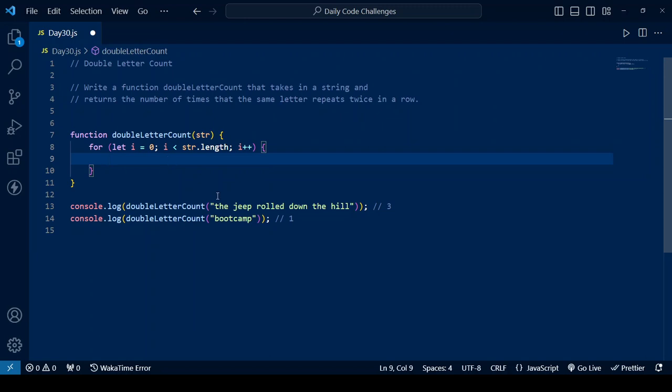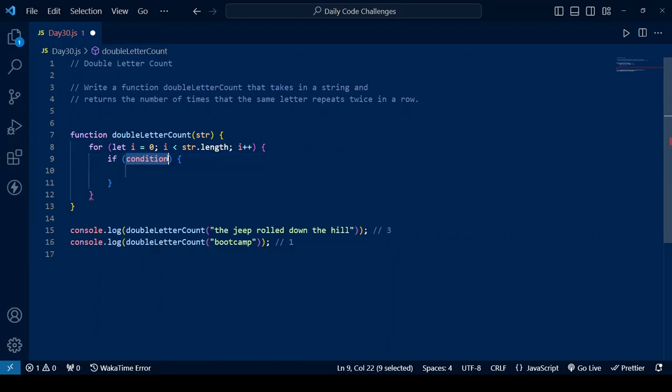Okay, to get this done, we want to check if this character here is equal to the next one. Because here we can see that the character here is the same as the next one. But that does not occur in every aspect of the string. There are cases in this string whereby we have such occurrence. So we use a conditional statement to get that done. We say if string[i]